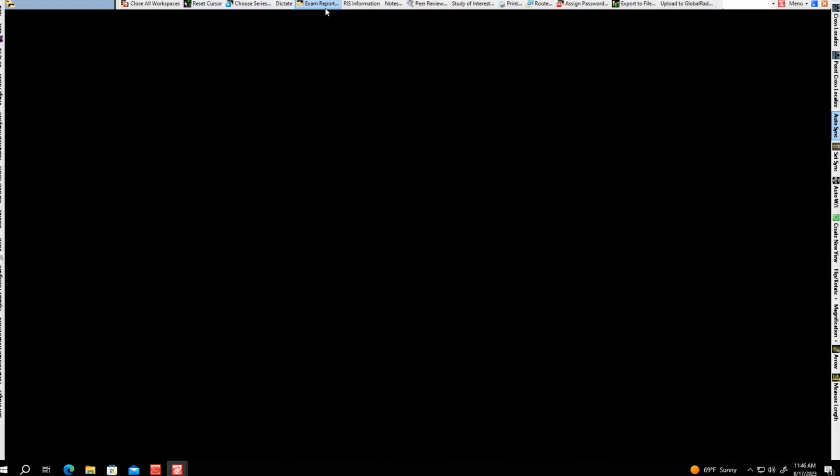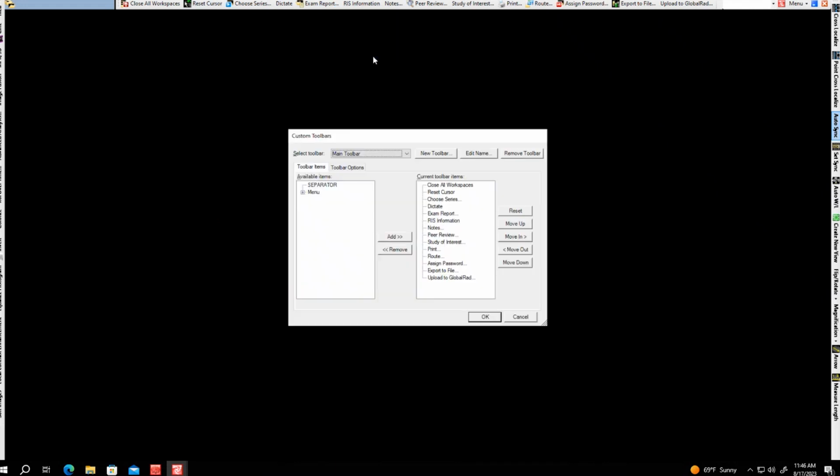And it's the same process of right-clicking, and you get this pop-up menu where you can go to customize, and you'll see all of the different toolbars that we have. So we have our main toolbar, our right toolbar, and our left toolbar. And as we click on those, we'll see the different options that we have already listed on there. And you can add and remove different tools depending on what's easiest for your workflow right from there.